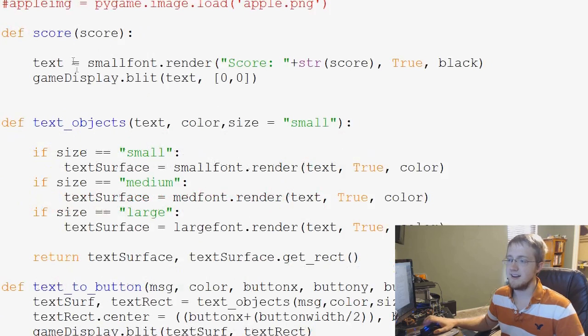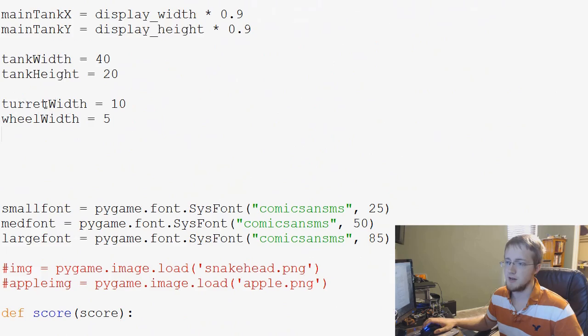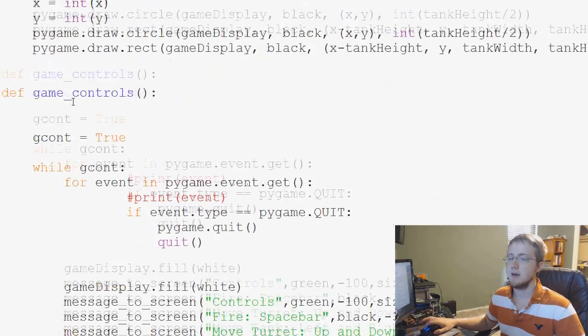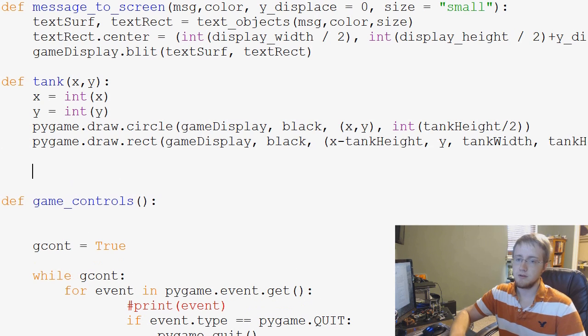Gangsta tank. Anyway, so back down to the tank. Just keep this in mind: turret width, wheel width. Now we'll come down here, and let's draw the gun first. The turret is just going to be a line, a thick line. So we're going to say